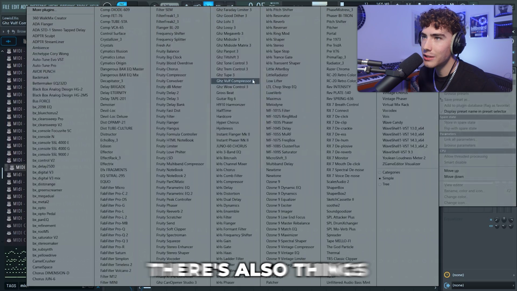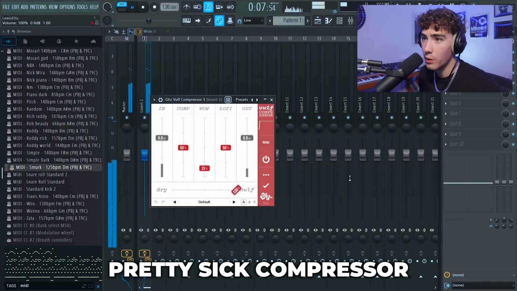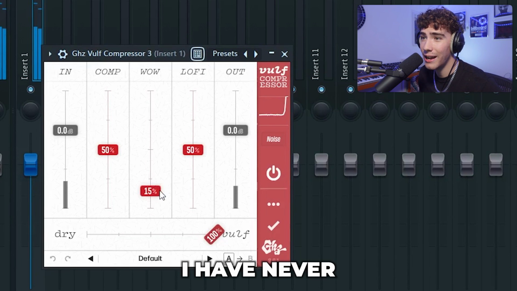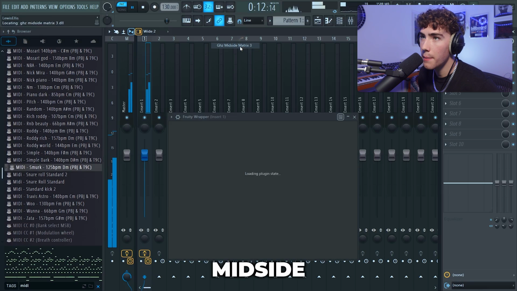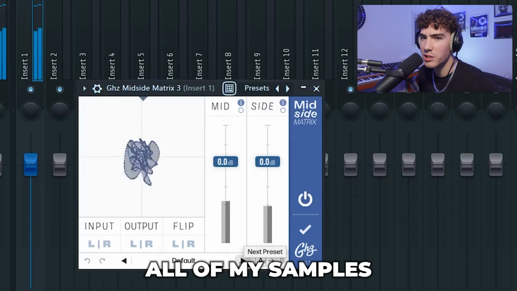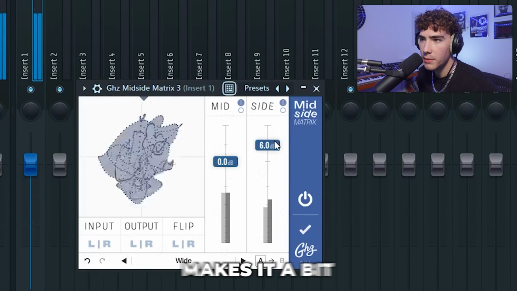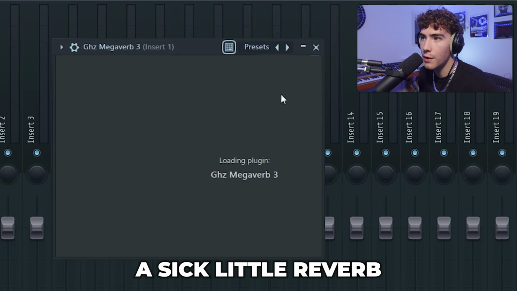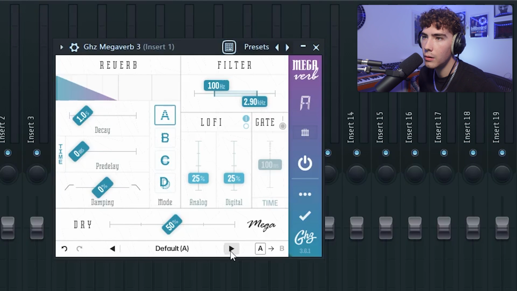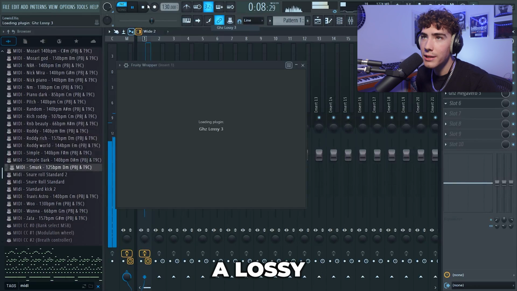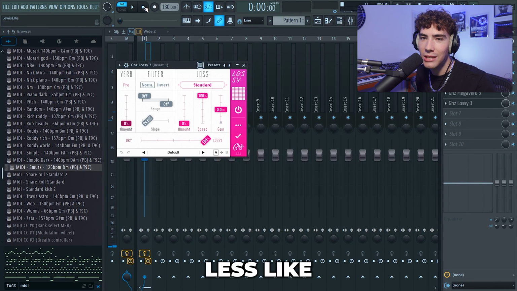color, and after that there's also things like a pretty sick compressor right here, which also has detune on it. I have never seen a compressor with detune on it. Mid-side matrix is what I use on pretty much all of my samples. It makes it a bit wider. It's like a stereo shaper. Got a sick little reverb. It's also got a lossy if you want to make your sample sound a little bit less high quality. Like,